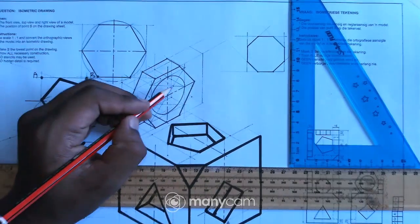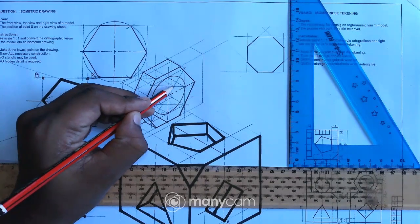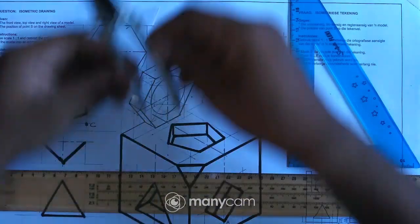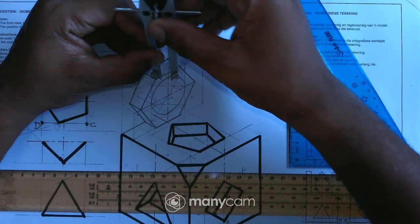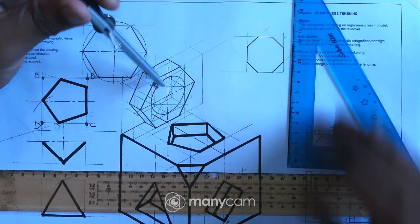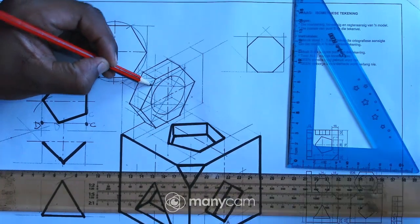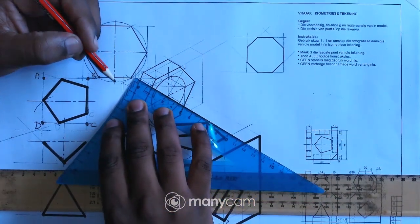Okay, fine. So now, because remember, for me to draw this arc, I was supposed to put my compass right there. So now I moved 14 units up. So now I'll put my compass there and then draw an arc. So I'll put my compass there to there, and now I'll just draw a small arc there, up there. Okay, and then for this arc from here to there, obviously I've put my compass there, so it means now I have to move this point 14 units up. So I forgot to measure that 14,